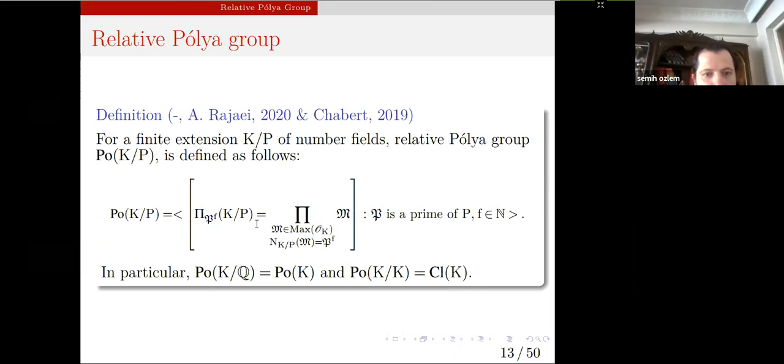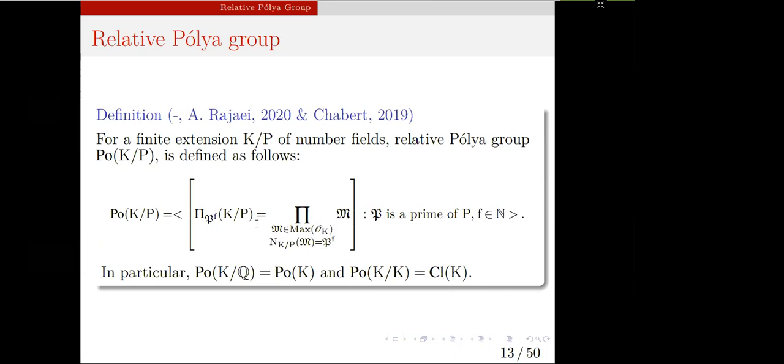Okay, I'm going to talk about the relative Pólya group, which is a generalization of the previous notion, namely, a generalization of a Pólya group. This definition is part of my joint work with my PhD advisor, Dr. Rajaei, and it was independently defined by Chabert. So let K over P be a finite extension of number fields. The relative Pólya group of K over P, which we denote by Po(K/P), is defined as